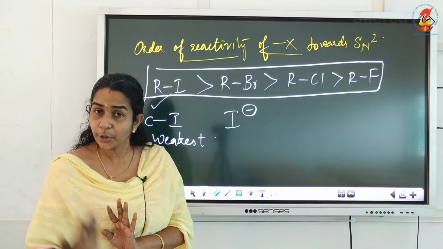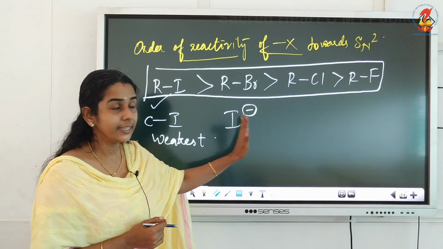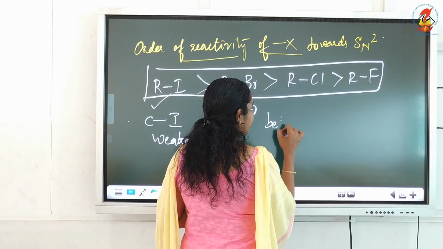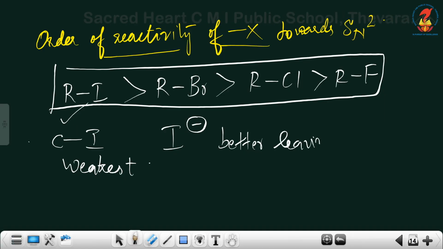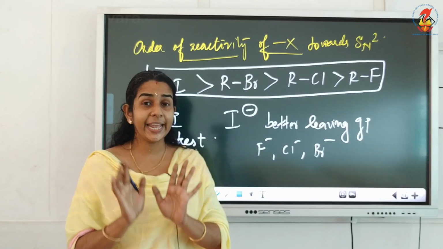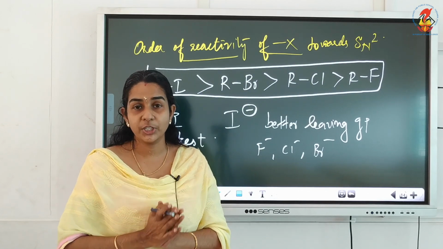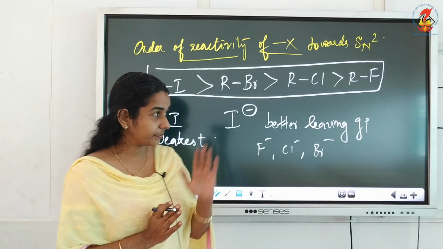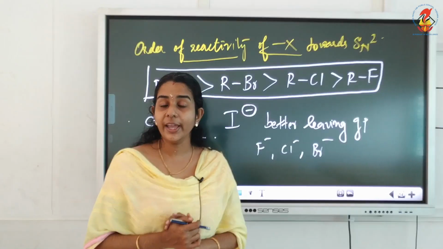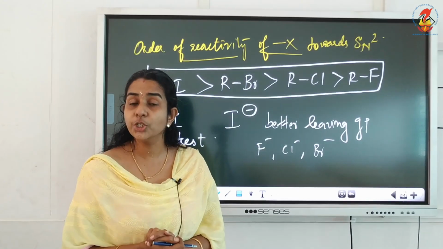So, a very important point: if the alkyl halide is an iodide, which will be the leaving group? I minus, isn't it? So I minus is a better leaving group than F minus, Cl minus, Br minus. Okay, so always remember X minus is the leaving group always, and always the substrate will be an alkyl halide. So very important question, why iodides are more reactive. So this is about the SN2 mechanism.